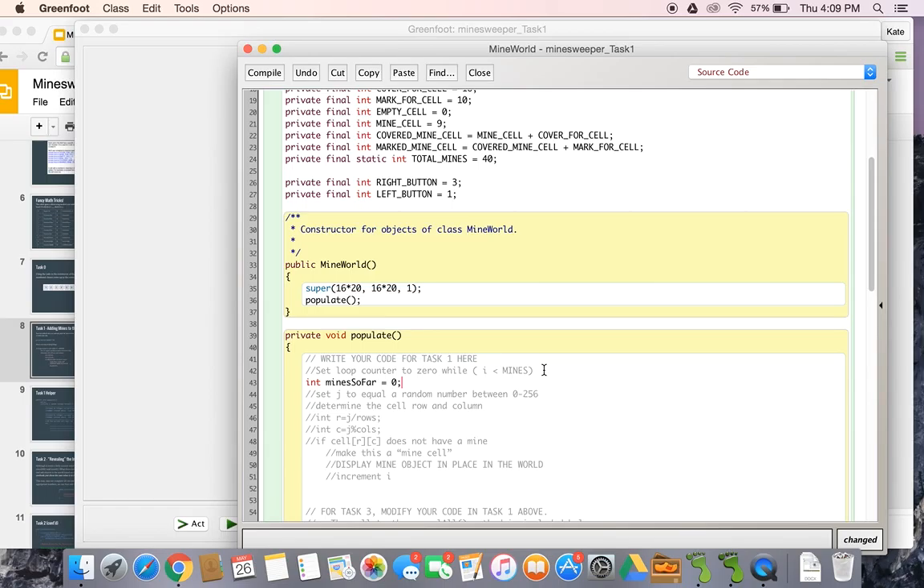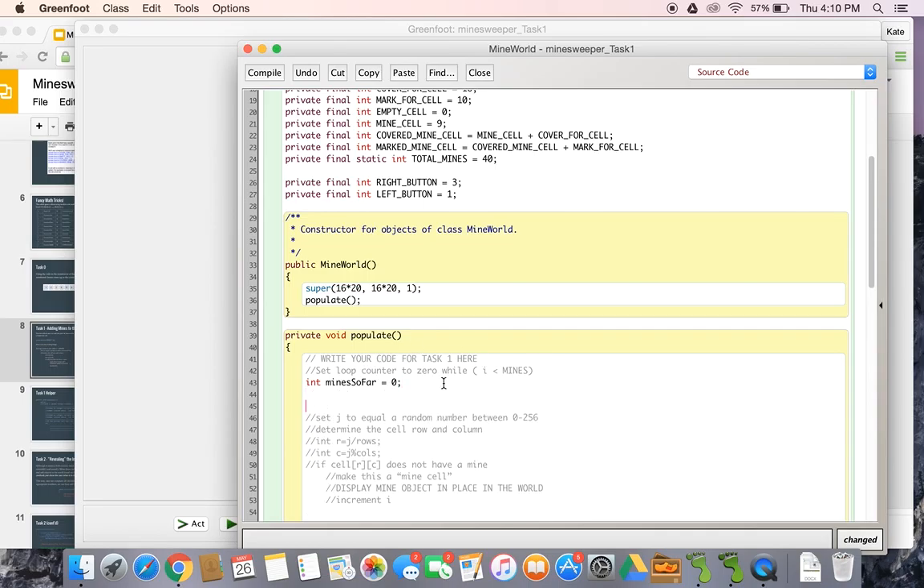Okay, there is a difference between this. Adding to the array, we're just adding an integer to our cell array. Adding to the world means we're actually adding an object to represent what's inside that array into the world. Okay, so we've got this. We've set our loop counter to 0, and we're literally going to say, well,